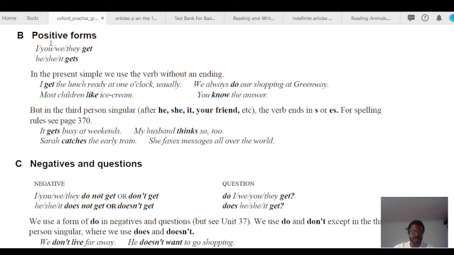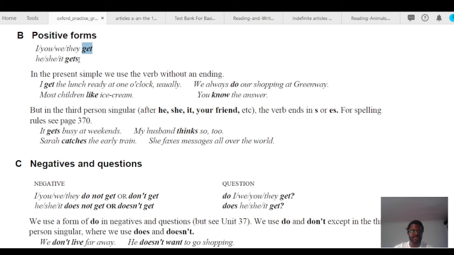Before, I've told you about positive forms. We have three forms: the positive form, the negative, and what? The question form. Okay? So you remember I, you, we, they. This is "get", but it must not always be "get". This is just an example. So any verb that comes after I or you or we or they, we don't put any s or es or ies. But when we've got our third person singular, which is he, she, it, then the verb,